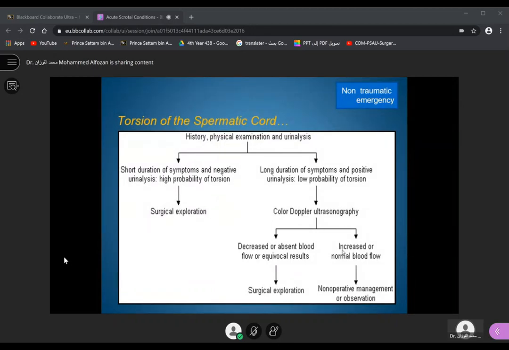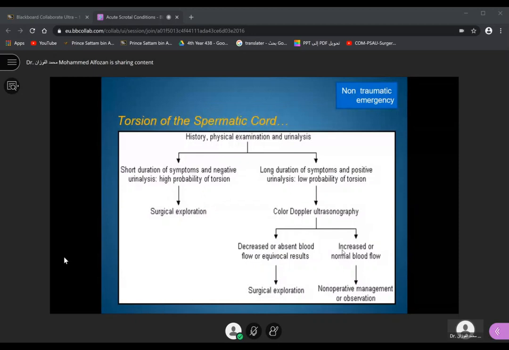So to summarize, if there is high suspicion, you will go directly to OR, you will not wait for ultrasound. If there is low chance that it's torsion, we have to confirm. Why is the patient having pain? Is it tumor? Is it missed torsion? Is it epididymo-orchitis? Even if the patient is presenting after a few days, if he neglected the pain and the swelling,